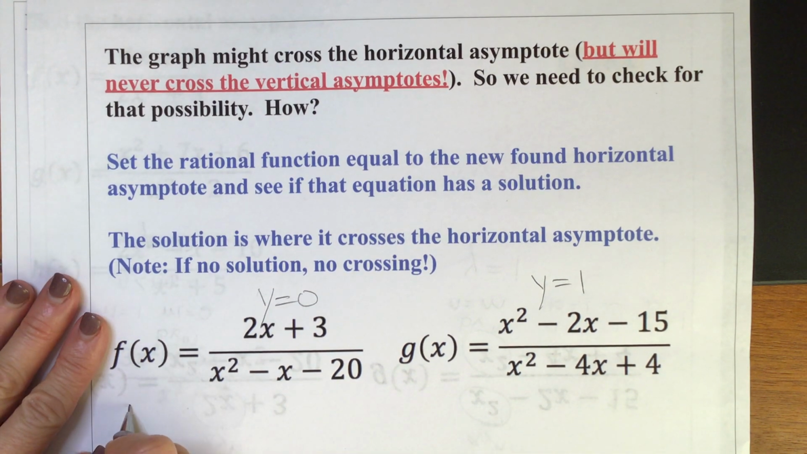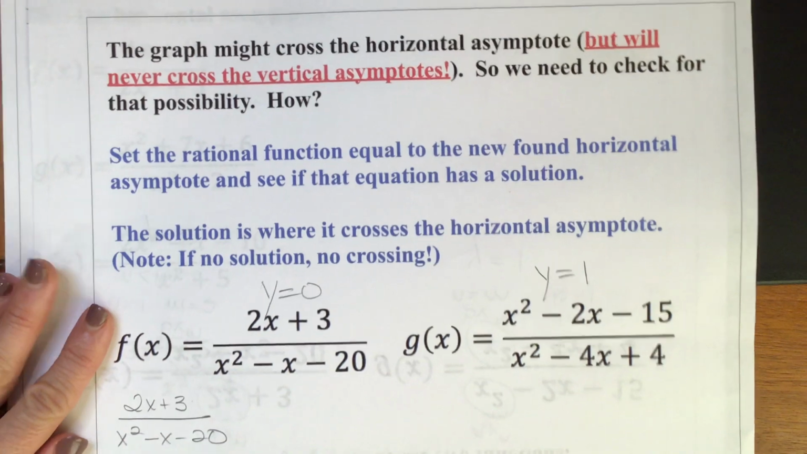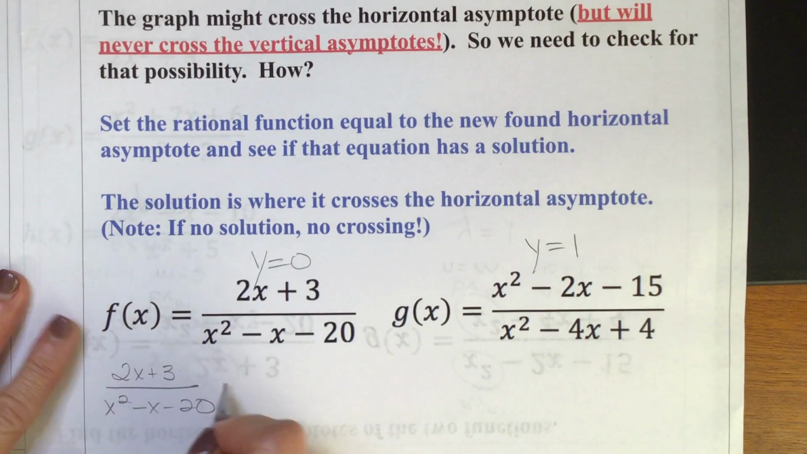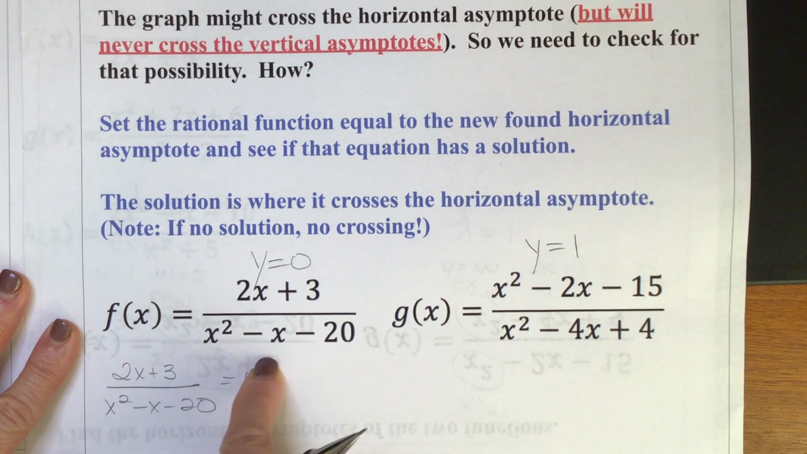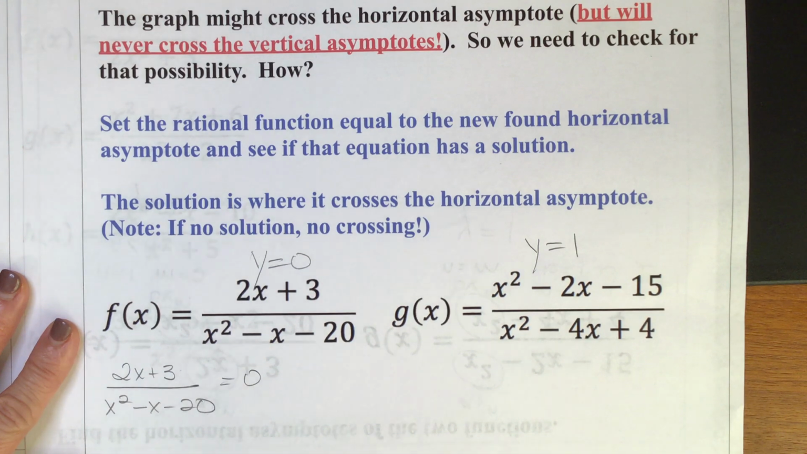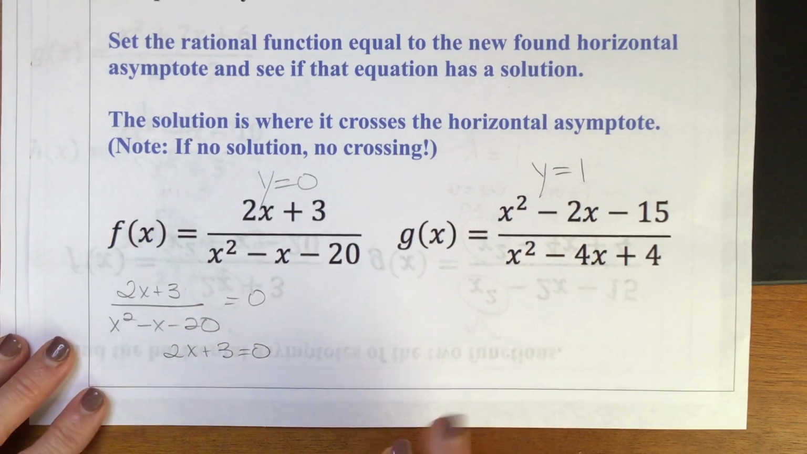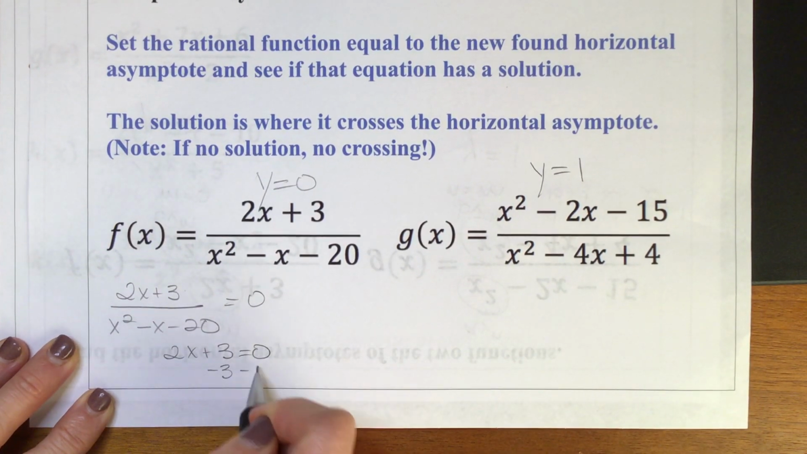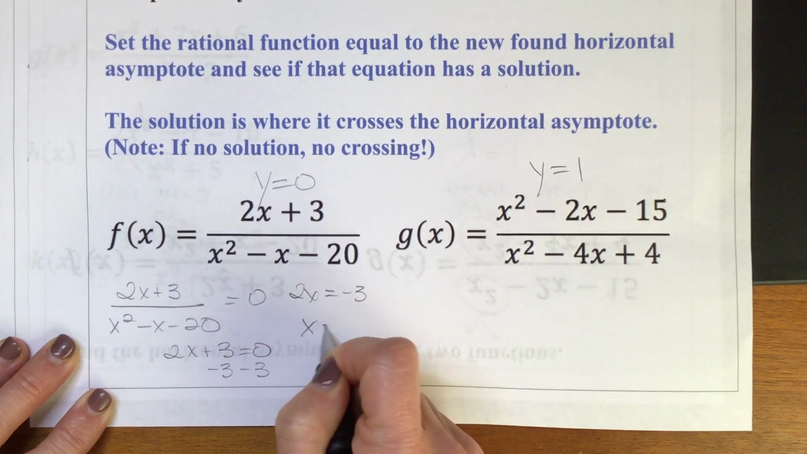In this situation, we're going to set 2x plus 3 all over x squared minus x minus 20 equal to 0. And remember, whenever we cross multiply these, this whole denominator is just going to disappear because anything times 0 is 0. So we end up with 2x plus 3 equals 0. And if I subtract 3 from both sides, I'm going to get 2x equals negative 3, so x equals negative